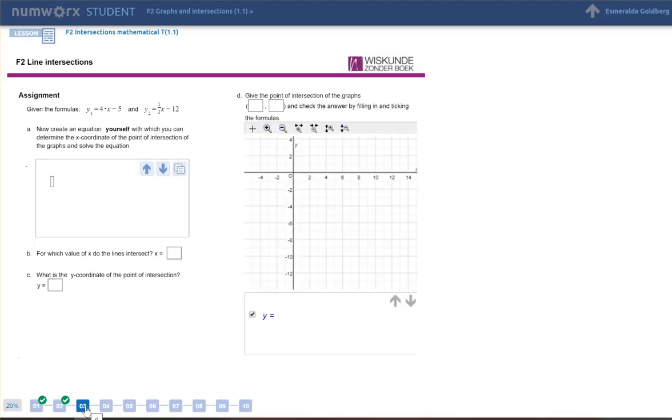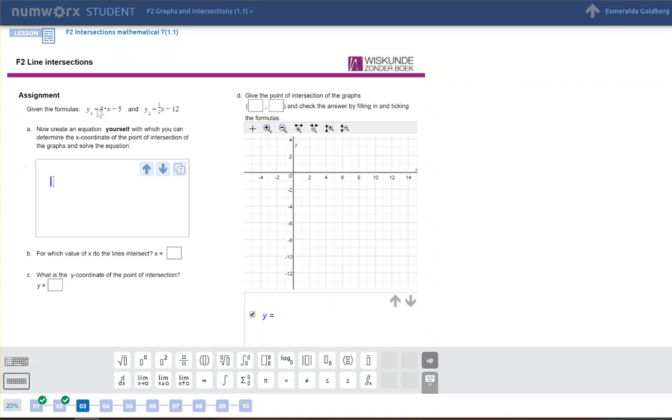In exercise 3, we have to do the exact same thing again. The only difference is that now, the first step, we have to make the equation ourselves. By now we know how to do it. We have to take the parts after the equal sign for both formulas and write them down with an equal sign in the middle. So I start with 4x minus 5,